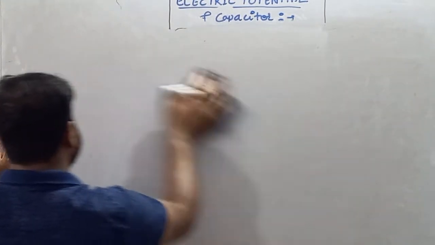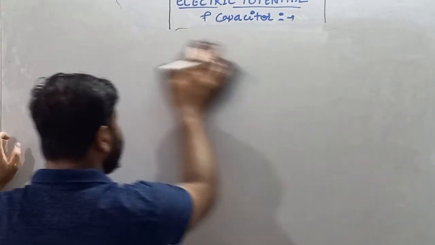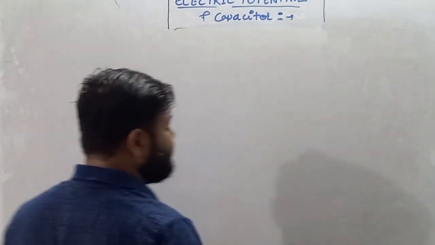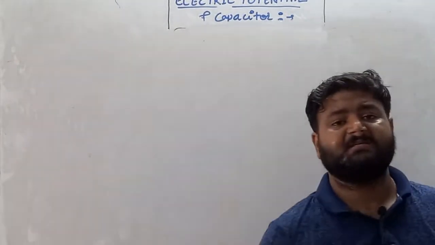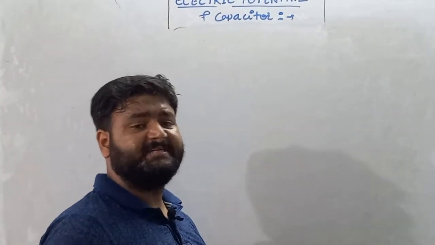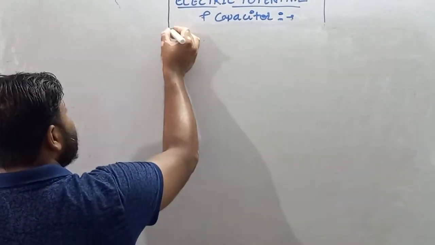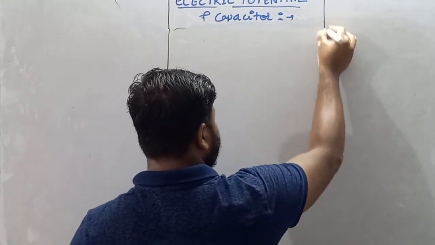And if I am talking about the work energy theorem for a group of particles, it is equal to change in total energy. Work done by external force plus work done by friction is equal to, my dear student, change in total energy. So where we have to use this concept, just think.